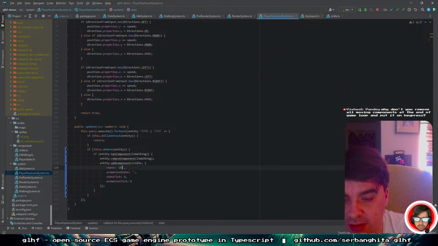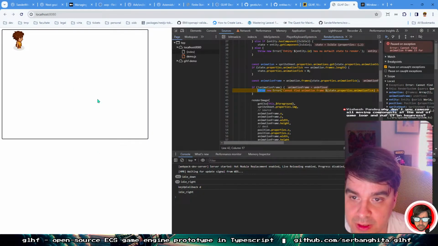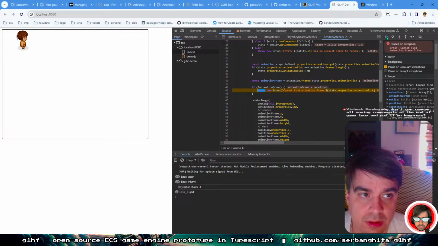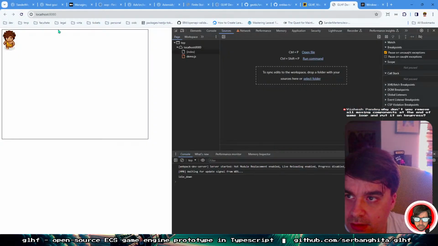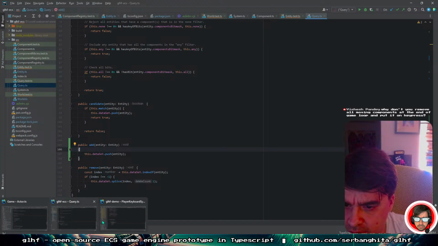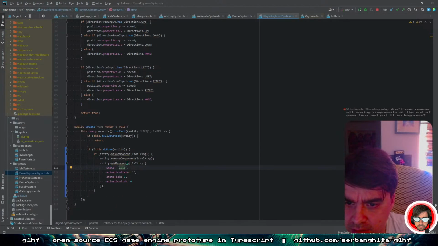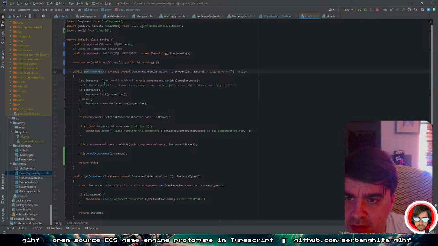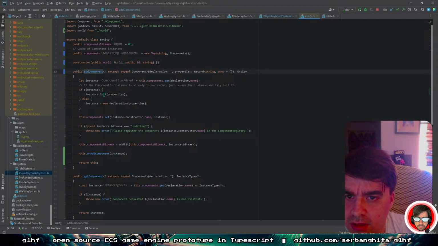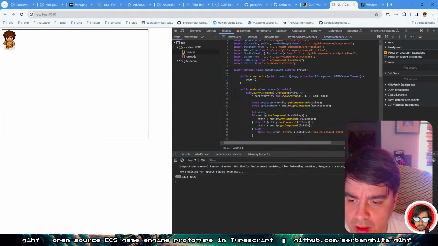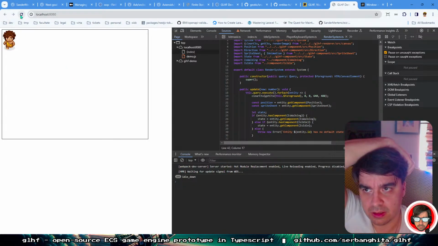It's ugly right now because I didn't take care of that stuff, but I'm going to figure it out. Yeah, it still dies. Because add component, what does it do? It inits. Then in the idle, I need